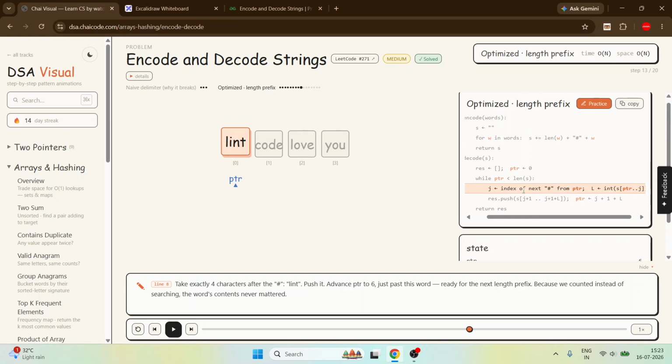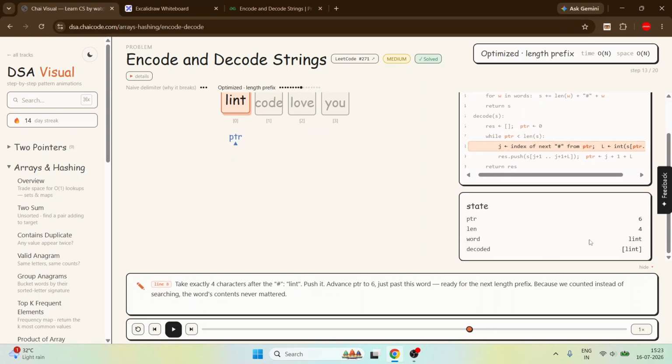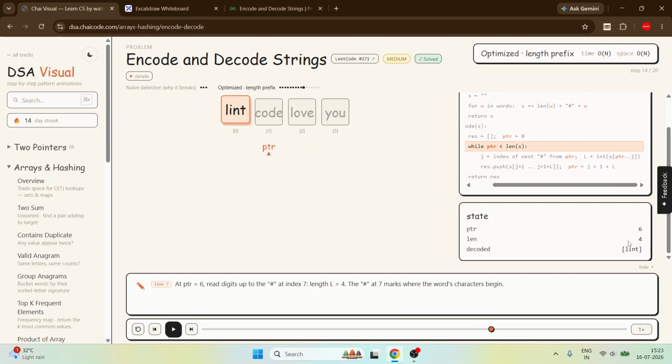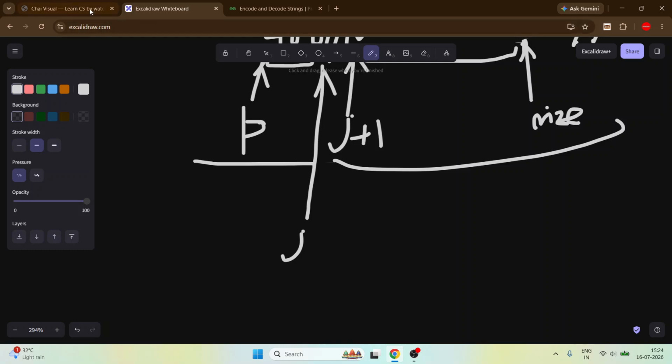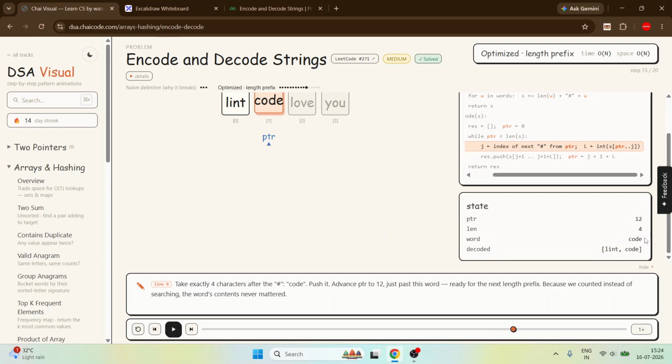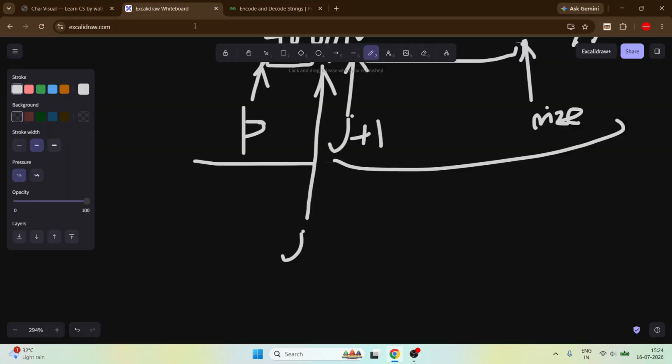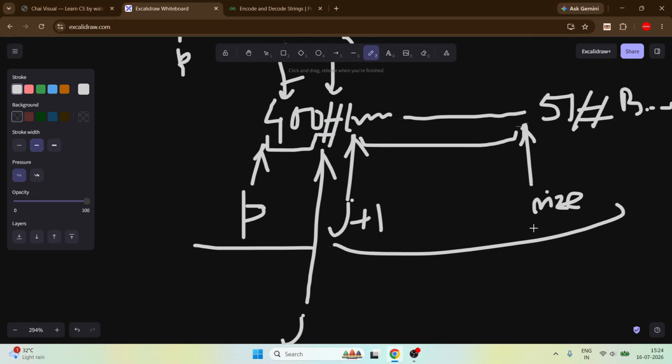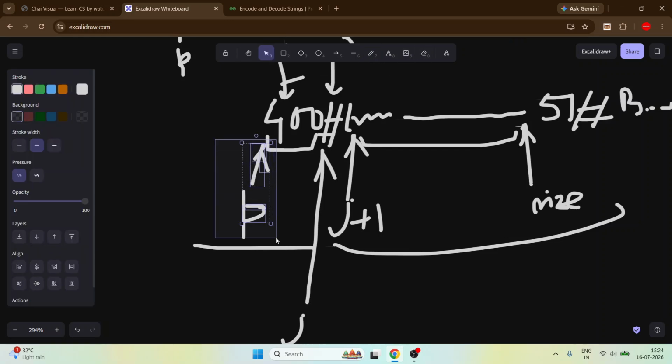Similarly here we take the value from this part and store it into the decoded element. Similarly, after taking the whole string we have to take our p pointer